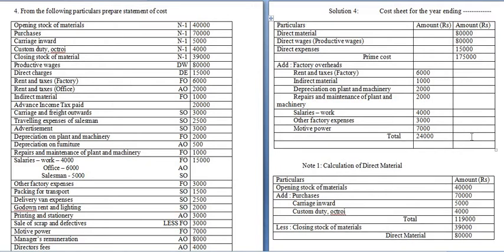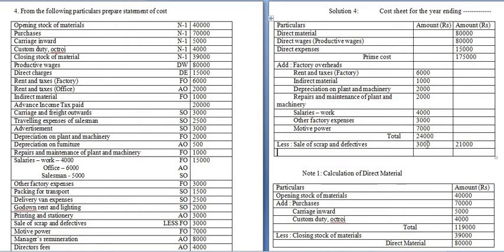Okay. Then from this we will have to deduct less sale of scrap and defectives. So here they have given sale of scrap and defectives. Less sale of scrap and defectives, and the amount is how much? 3,000, again in the inner column. Okay, now deduct that and take it in the outer column, that is 21,000.